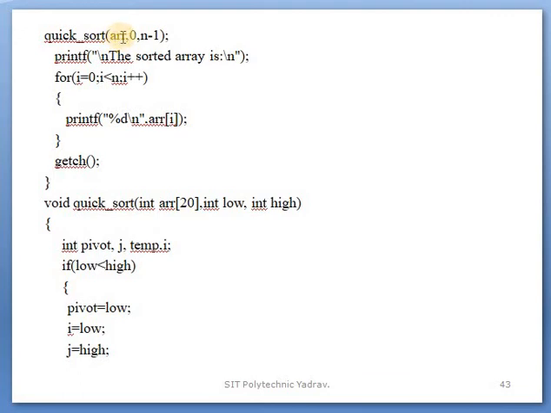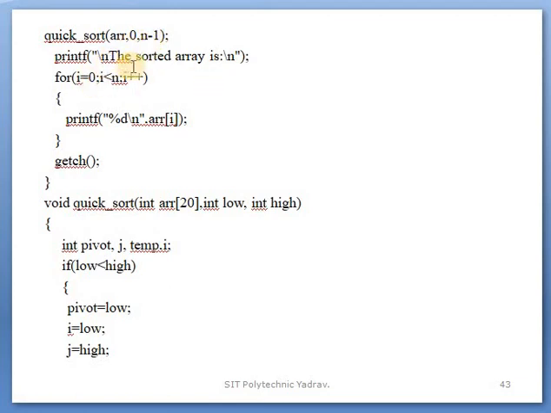Okay, the array, 0 and n minus 1. The first argument is the array, meaning the list of values, then the 0 position, then the n minus 1 position. We use n minus 1 because counting starts at the 0 position, so your array is complete up to n minus 1.